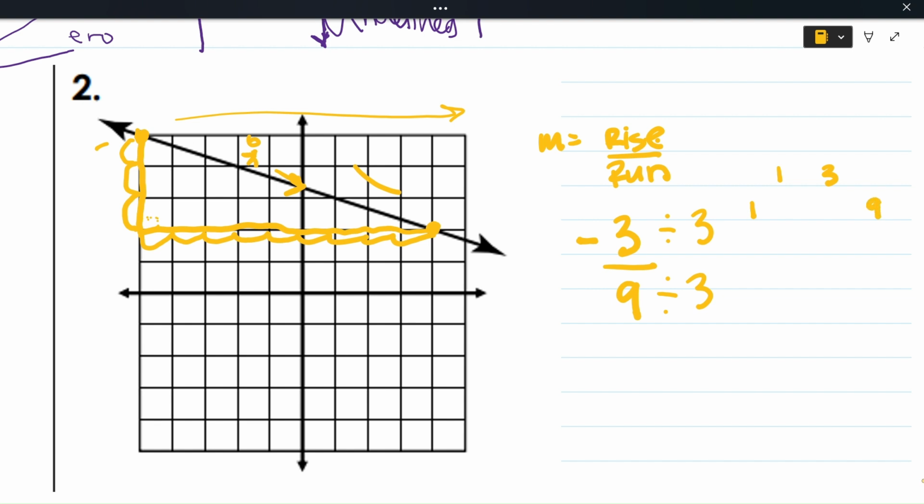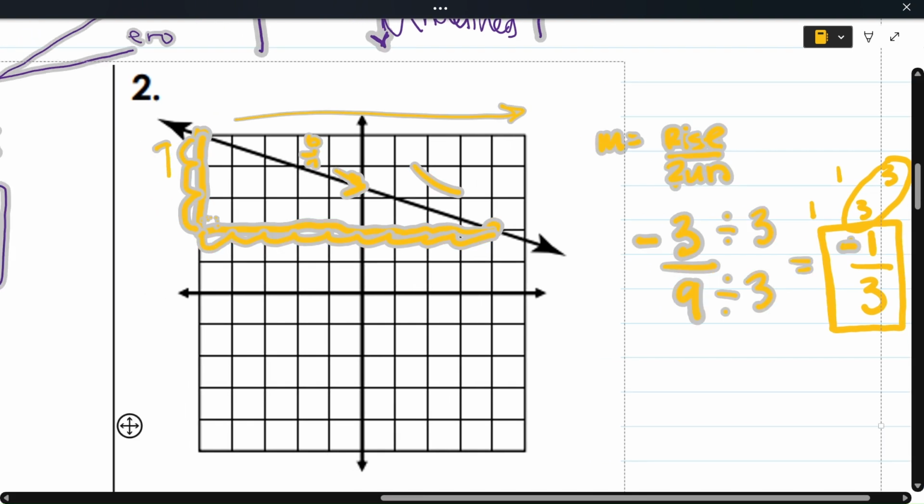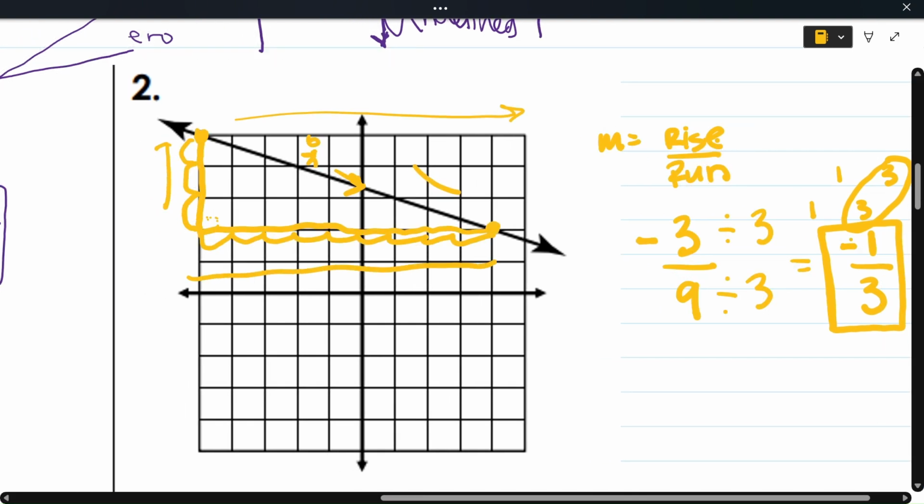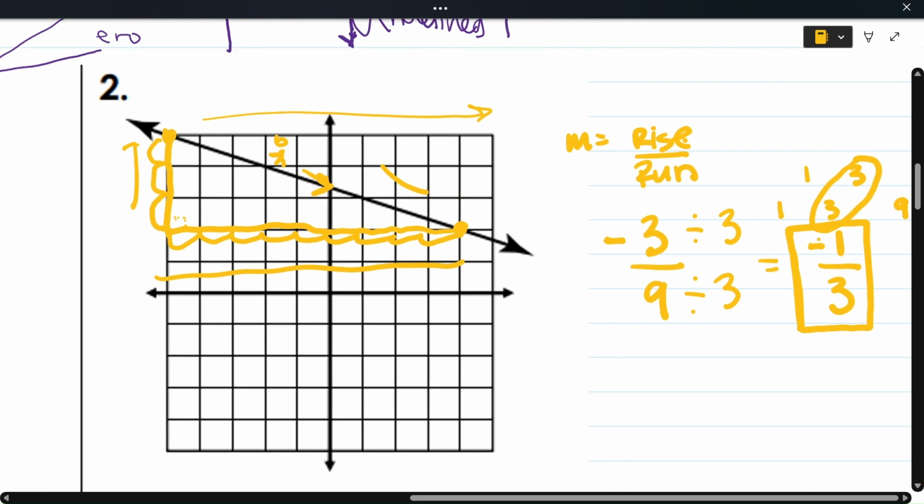Factors of 9 are 1 times 9 is 9, and 3 times 3 is 9. So I know that that's my greatest common factor. I get negative 3 divided by positive 3 is negative 1, and 9 divided by 3 is 3. So my slope, my ratio between rise and run, my ratio between vertical space and horizontal space is